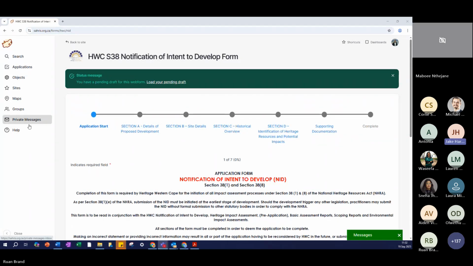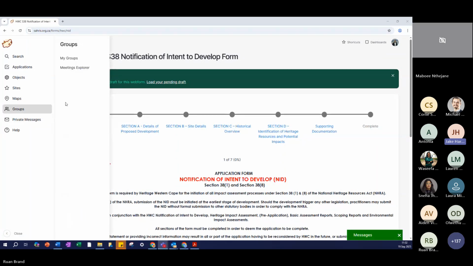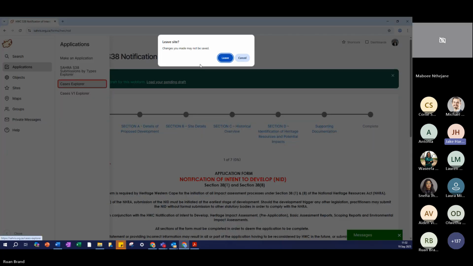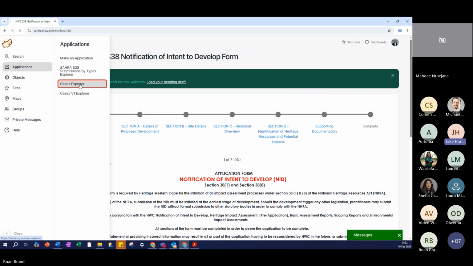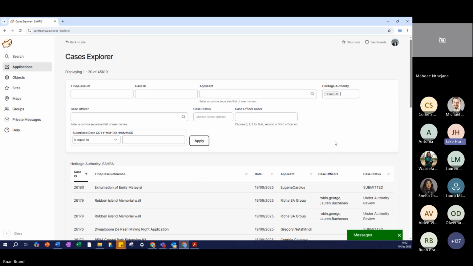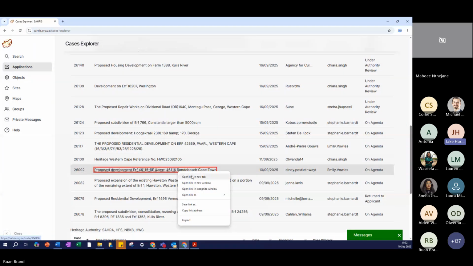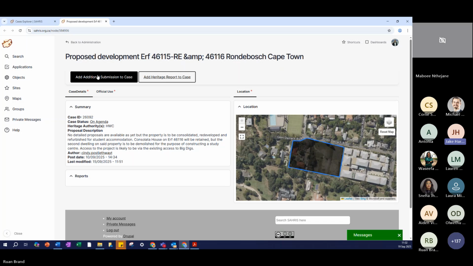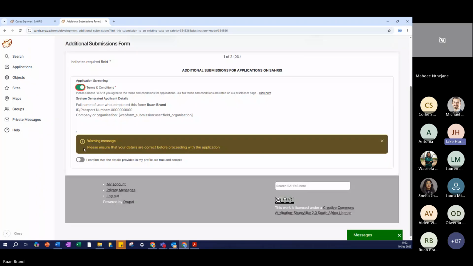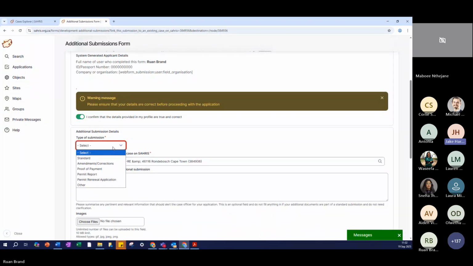So in terms of the implementation of comments, the way that the system works, as Ruan showed earlier, a heritage case is visible to any member of the public. If you are a registered user and you're logged in, any case that you go onto, you don't have to necessarily be the applicant, you are able to make an additional submission onto that application. And if memory serves, one of the additional submission types is a comment. So this is intended as one of the specific mechanisms that allows, okay, no, I see there. So the intention was to allow for